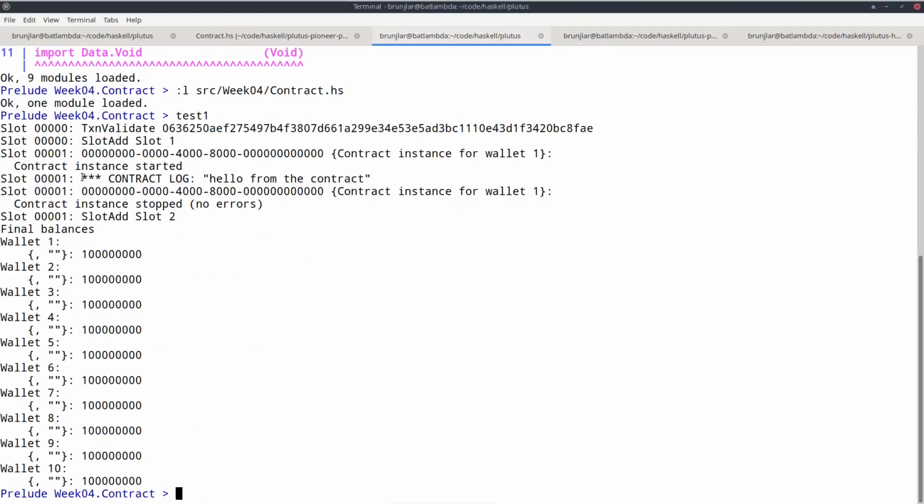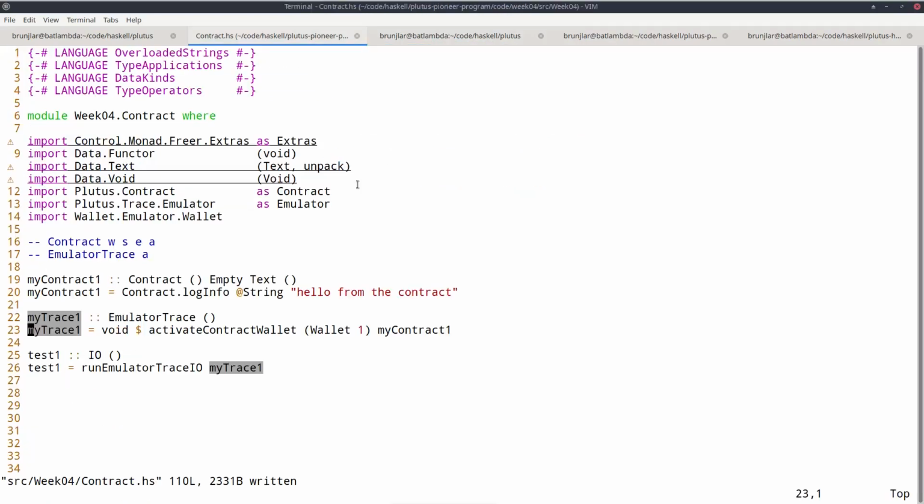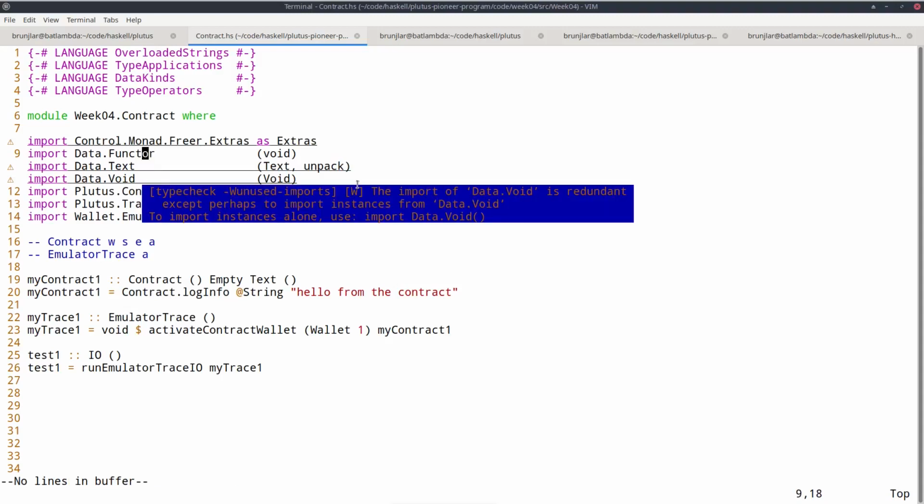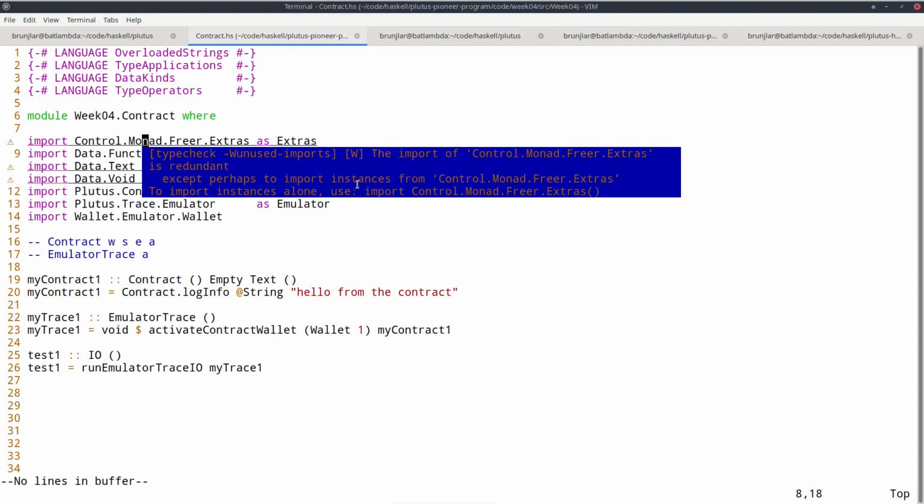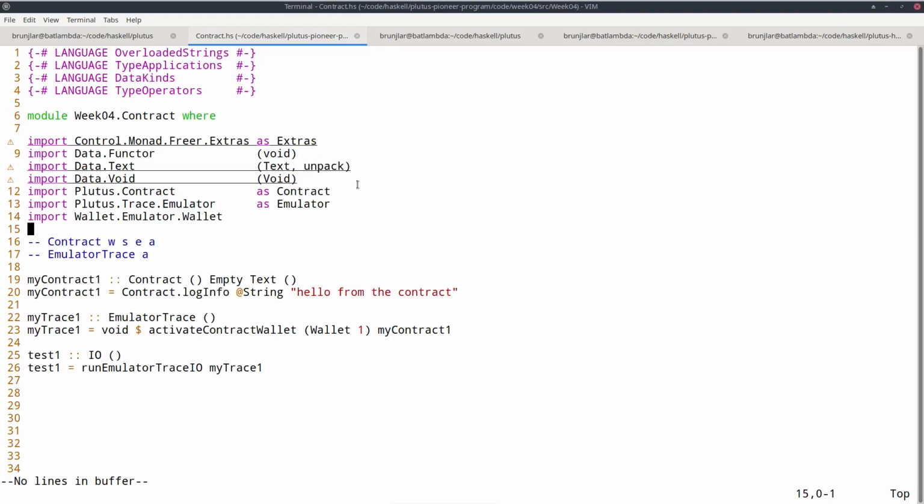And as expected, we see the log message here. One thing I should still point out is I qualified logInfo with Contract here, which tells that it's supposed to use the logInfo from Plutus.Contract. And the reason I have to do that is because, as we saw before, you can also log from the trace monad, and it's also called logInfo, but that's defined in Control.Monad.Freer.Extras. And in order to tell the compiler which version of logInfo I want to use, I qualify it here. So this is the logging from inside the contract monad.